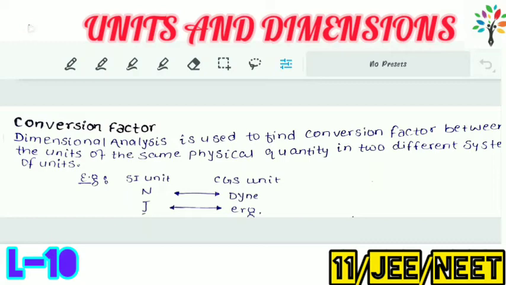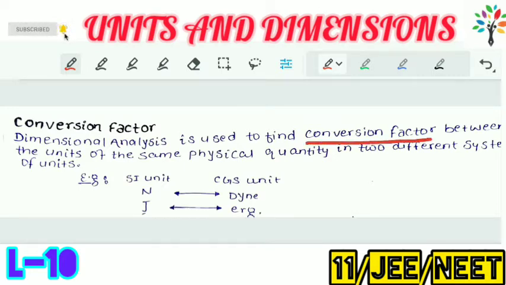Now let us see the second use of dimensional analysis, that is our conversion factor, that how it is used to convert the unit. In previous lecture we have discussed one of the uses of dimensional analysis, that is principle of homogeneity. So let us see how dimensional analysis is used as a conversion factor and what it is. So dimensional analysis is used to find conversion factor